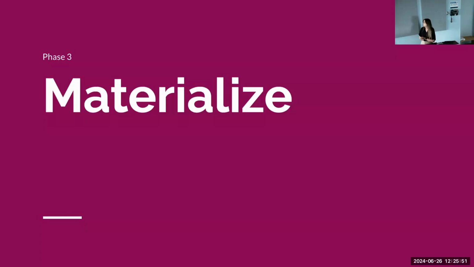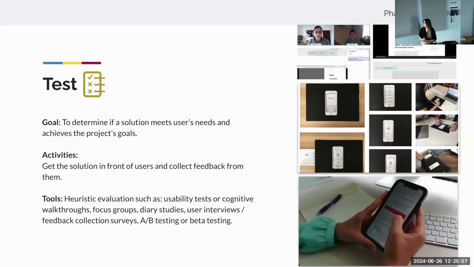And finally, we get to our third stage, which is materializing. First, we're going to be testing our prototypes. So at this point, we're trying to determine if the solution meets our users' needs and pretty much achieves the project's goals. And so our basic activity is just collecting feedback to try to determine if we achieved what we were trying to accomplish. And some of the ways in which we can do this are traditional heuristic evaluation, what is more commonly known as usability testing,